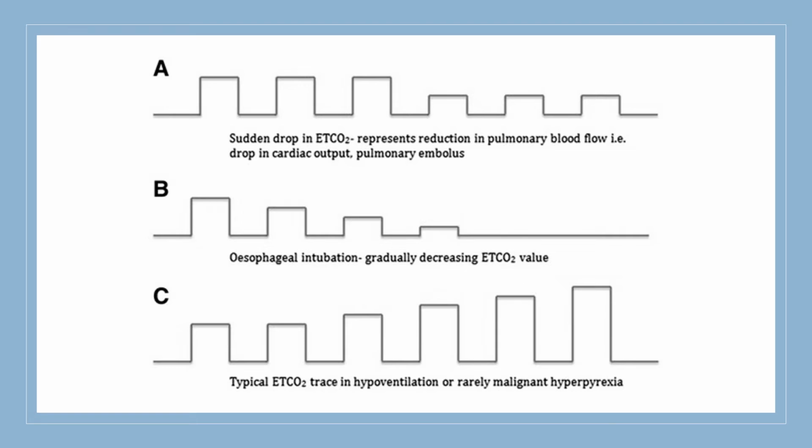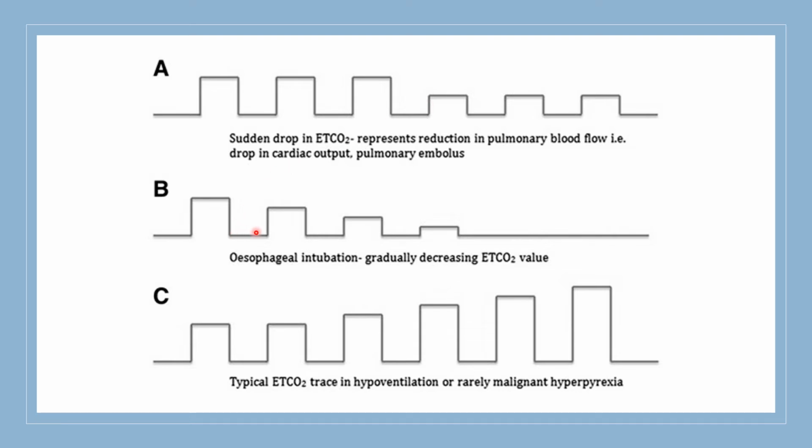Here you can see three different graphs. In graph A, there is a sudden reduction in the height of the graph, or you can say a drop in the value of end-tidal CO2. It indicates either that cardiac output has decreased significantly and acutely, or there is a decrease in pulmonary perfusion, likely due to pulmonary embolism, thus increasing ventilation perfusion mismatch, or in other words, an increase in dead space ventilation due to less perfusion, causing a fall in the end-tidal CO2 value.